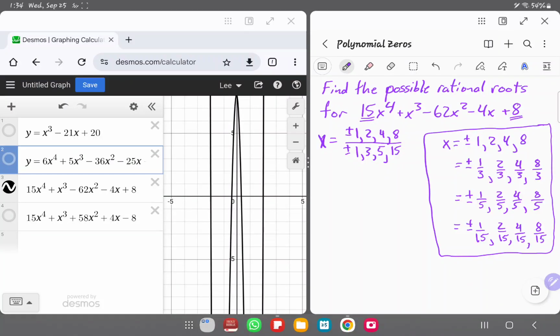So we actually don't get any cancellations, no repeats with this. So all the 1, 2, 4, and 8 over 1, over 3, over 5, over 15. There are no repeats, there are no cancellations that give me values that were the same like it did last time. So it's just a big, huge, long string of numbers that are right there. If we want to find the actual zeros, right? Find the actual zeros